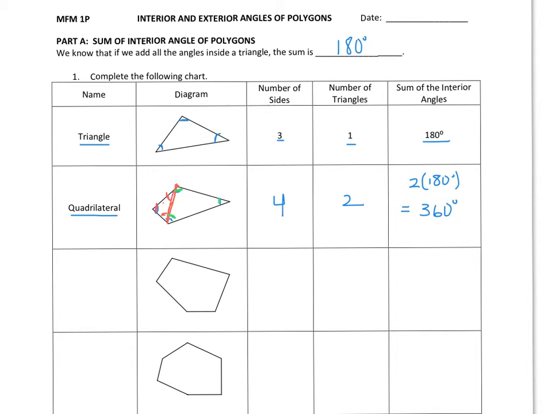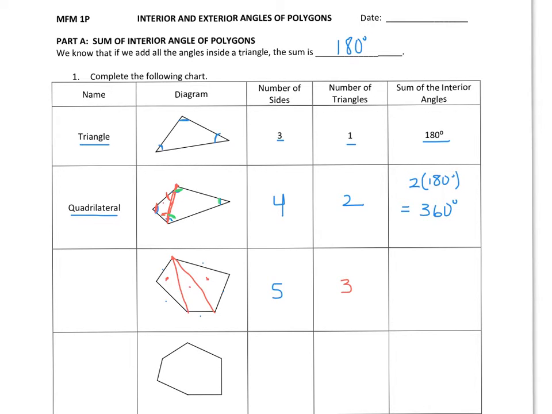All right, my next diagram, if we count the sides, we have 1, 2, 3, 4, 5 sides. And again, I'm going to pick a vertex. I'll take the top one here, and I'm going to join it to the other vertices of my 5-sided shape. And what happened here is I now have 1, 2, 3 triangles that came out of